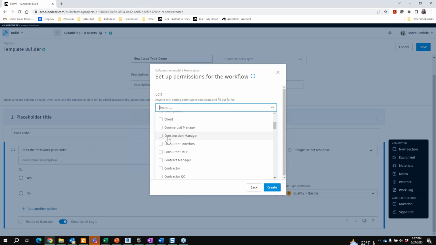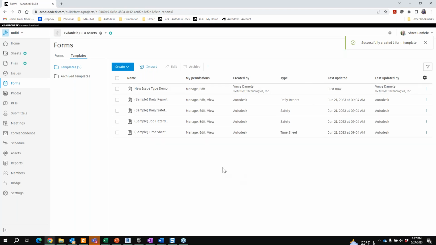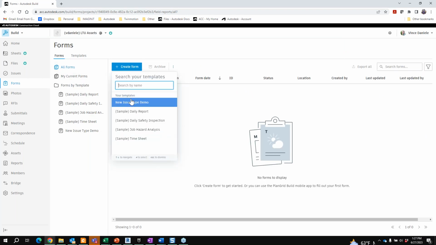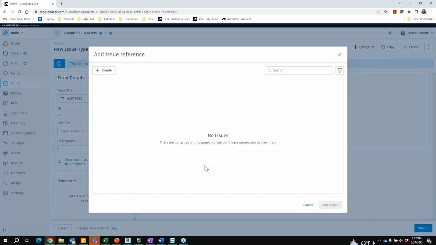Let's make sure, I think I was construction manager. Okay. All right, so now I've got this new issue type that I created. Back in our normal forms area, if I go to create my form and choose my new issue type, look at this form. Does the form work past code? No. All right. Issue of quality type required based on response. So if we go to create an issue,